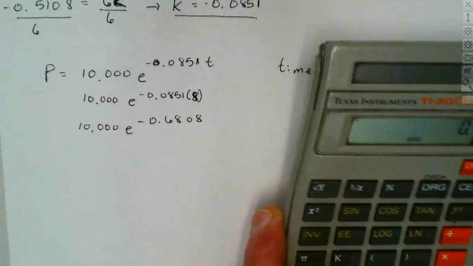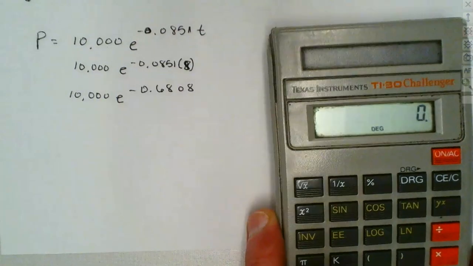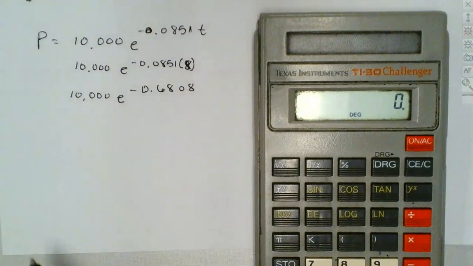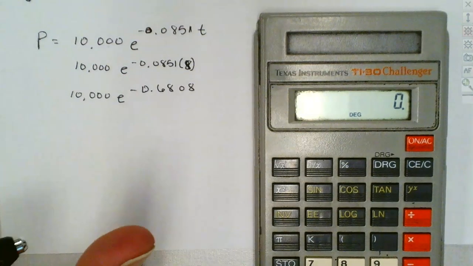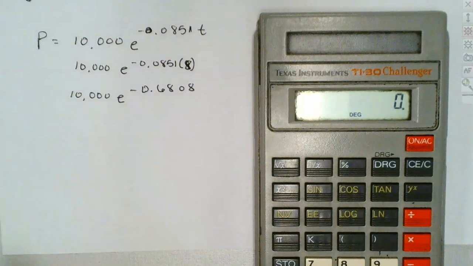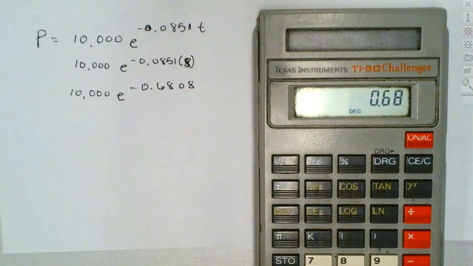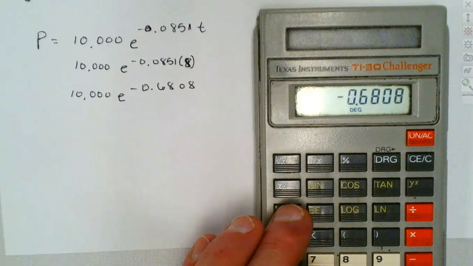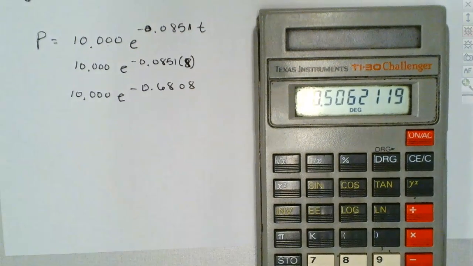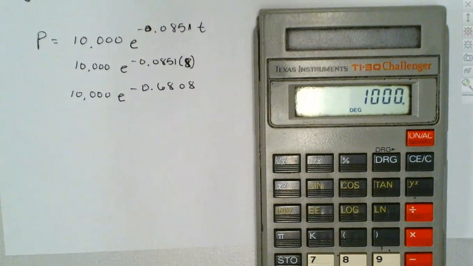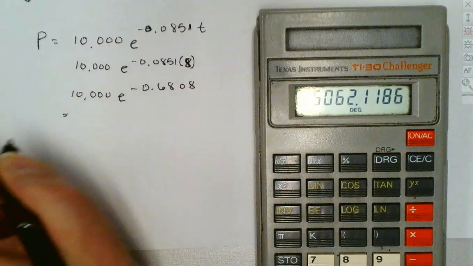Now, remember, what undoes an exponential? Natural log. You don't have an e key in your calculator, but on most calculators, above your ln key, you're going to see an e to the x in a different color. So you're going to have to push second, or in my case, inverse ln. Yours will probably have to do the second ln first. Mine's the opposite, so I have to do this first. And then I hit inverse, or second ln. And that gives you that. And then we're going to multiply that by our 10,000. And that gives us about